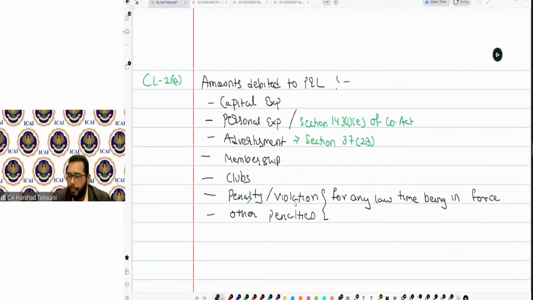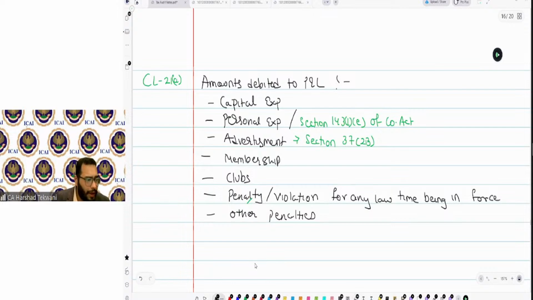Time being enforced. That's why I need to check the payments made by the assessee. Are there any such payments which are for penalty or fines? Okay. Then there are penalties or fines which are not covered, which do not form part of the law. Okay. So for example, in clause